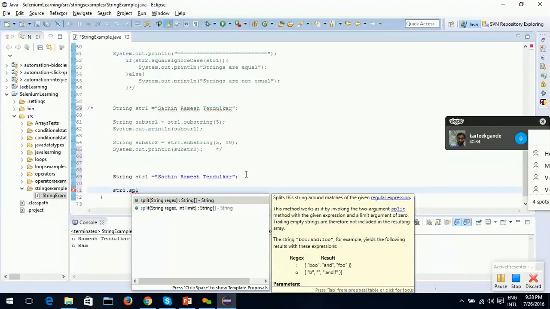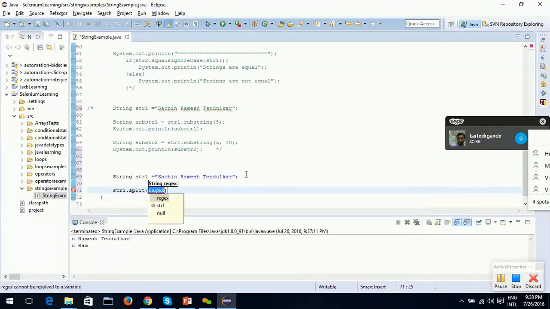Okay, I will go with it. So this is asking me to enter some regular expression. Since I want to split based on the spaces, the regular expression is nothing but a space. Okay, here